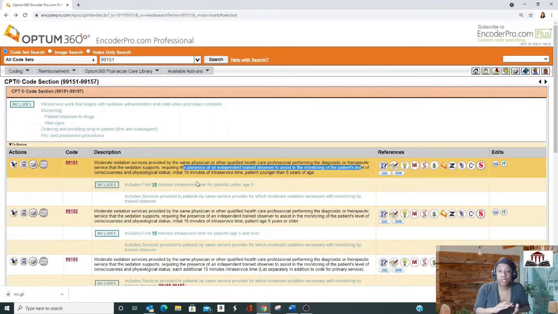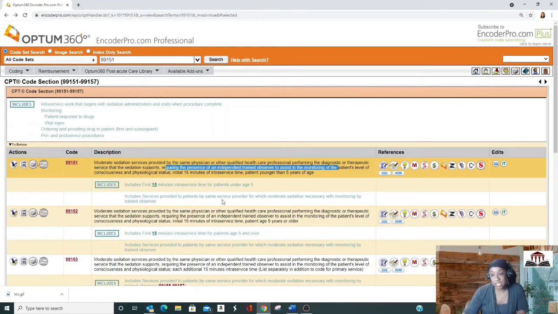That also includes getting some baseline parameters, because things like propofol can affect respiratory rate and heart rate, and those different agents have different mechanisms of action or things that they can throw off. We need to get some baselines for this patient to find out what's normal for this patient, because you and I can both have a heart rate taken, and my heart rate might be higher than yours, and that's normal for me, but it could be a cause of concern for you. So 99151 is going to require that someone keep their eyes on the patient's vital signs, right?